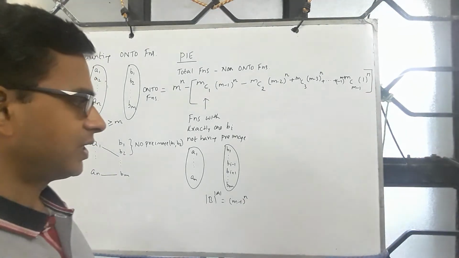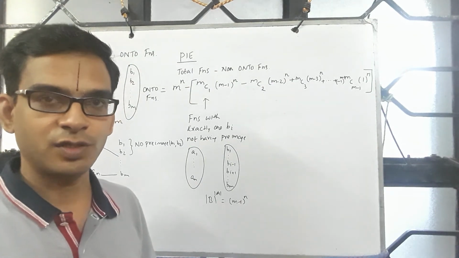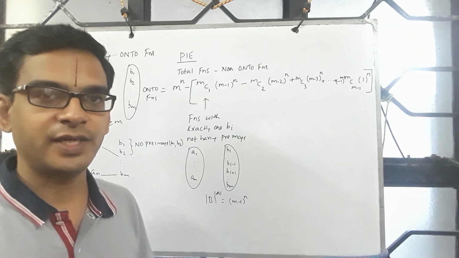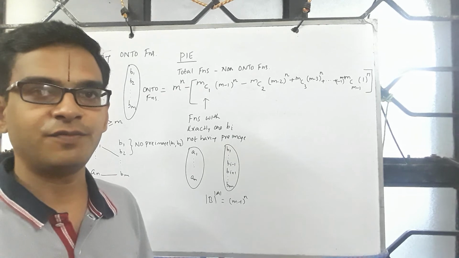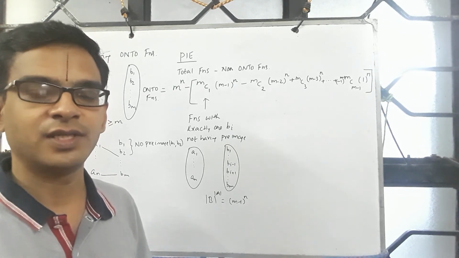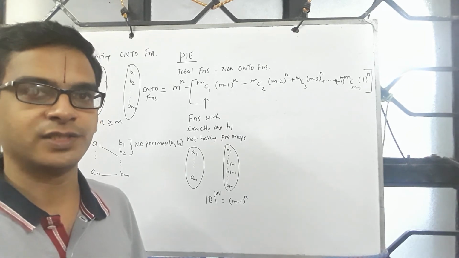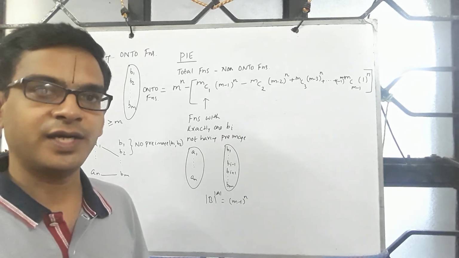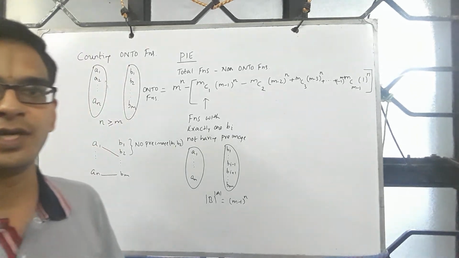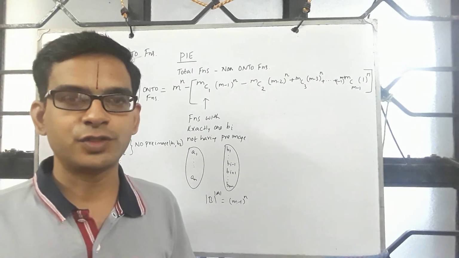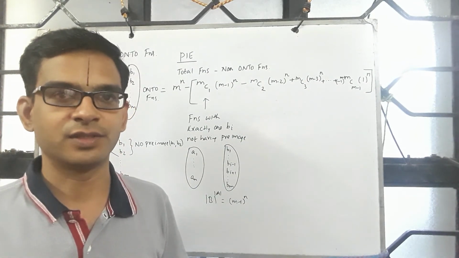So what we have seen in the context of relations and functions is, although functions are special relations, when you see them pictorially, they themselves have certain specific properties which have interesting connections in the field of computer science. And just like relations, we also looked at counting problems in the context of functions. And along the line, we also learned yet another proof technique, namely the principle of inclusion exclusion.